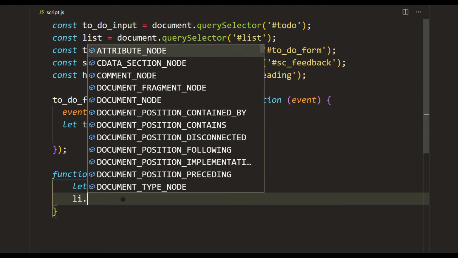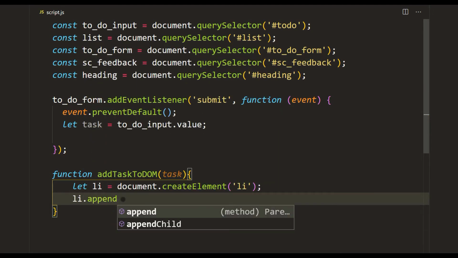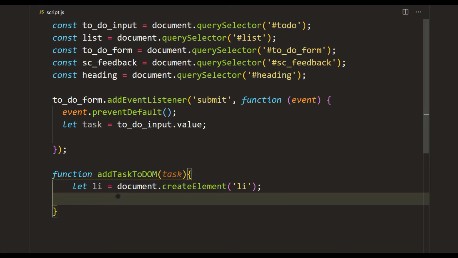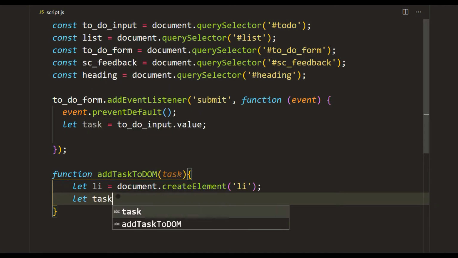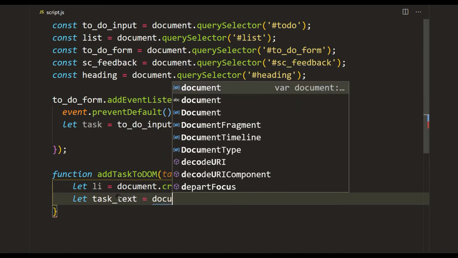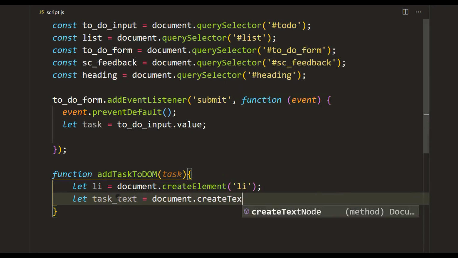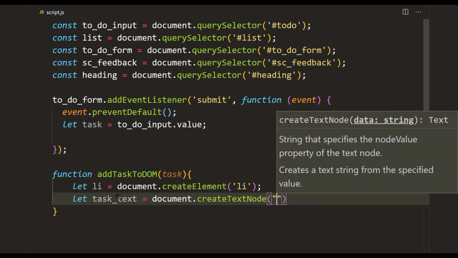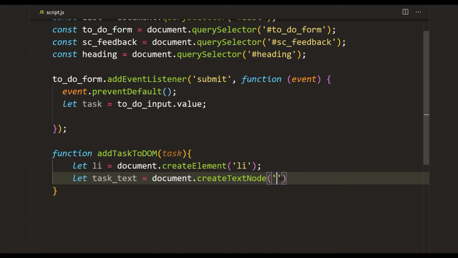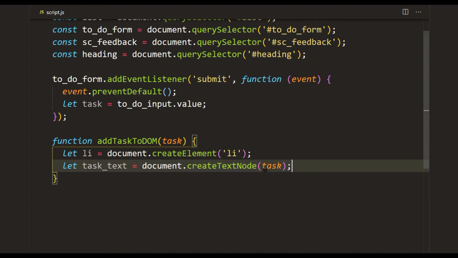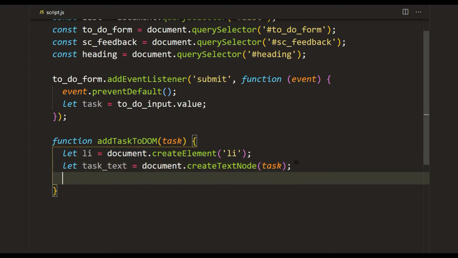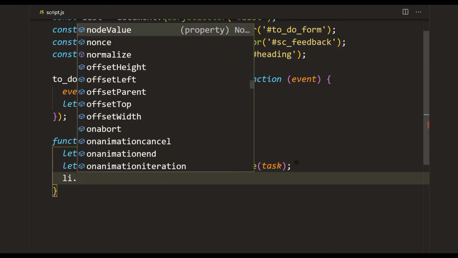Actually, we need to create a new text node. I got confused. So, for example, taskText is going to be document.createTextNode. The JavaScript API for creating elements is, I don't like it. It's very verbose and just plain confusing. You have to create a text node and then add it into the element you referenced above. It's a whole thing. I don't like it, but yeah, live with it. It's the only thing I don't like with vanilla JavaScript. The rest of it's fine.